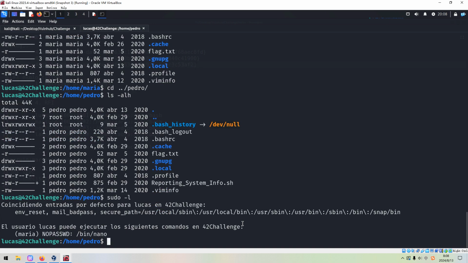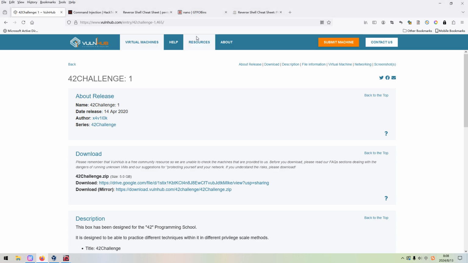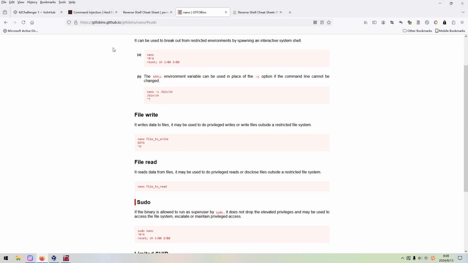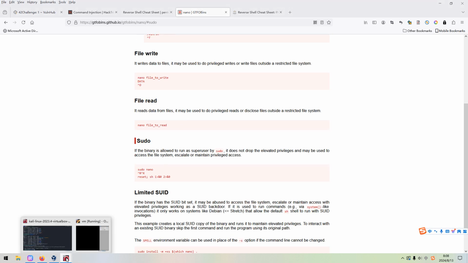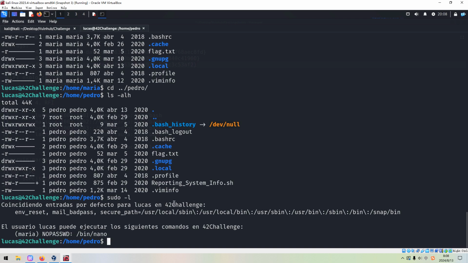Before we do that, I'd like to, okay, as you can see, I think we can easily make another lateral movement to this user. And how to do? We can go to GTFOBins and follow the steps to make another lateral movement.